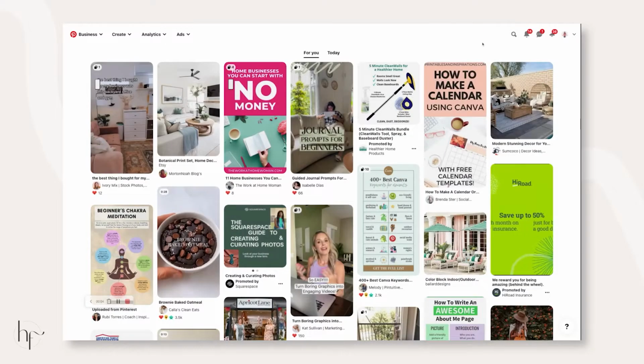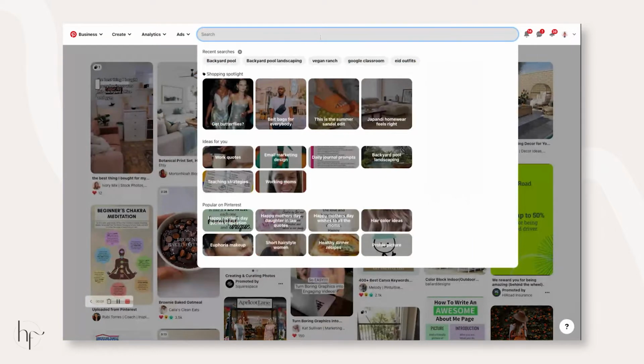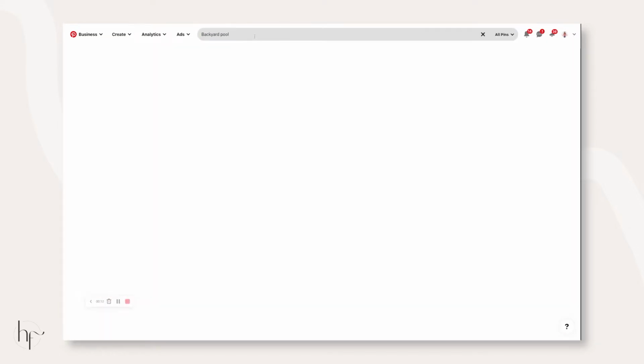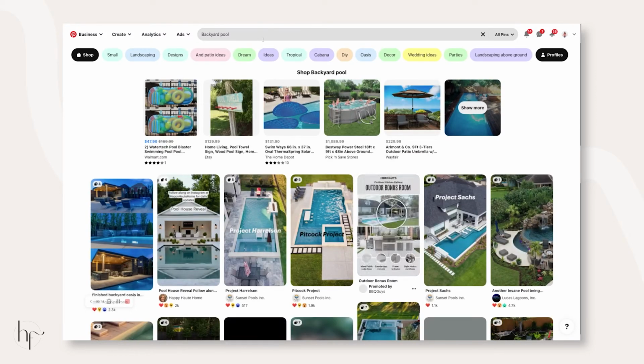So the very first way that I like to look for keywords on Pinterest is simply by using the search bar. So if we were to search for backyard pool, for example, we would type that in, and then right out of the gate now in 2022, around the time of filming this, Pinterest has reintroduced the search bubbles at the top. These were the very first iteration of Pinterest search, the guided search feature that they gave us back